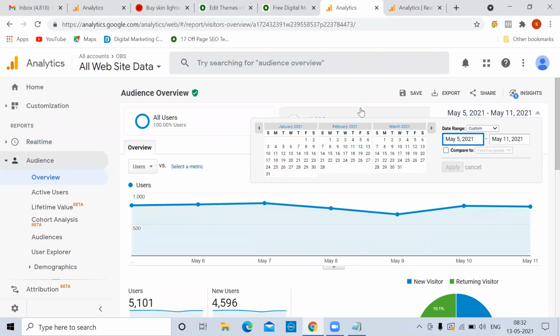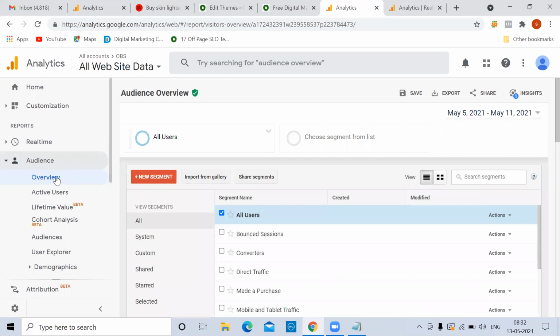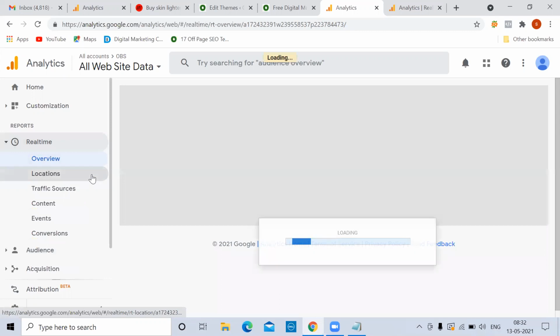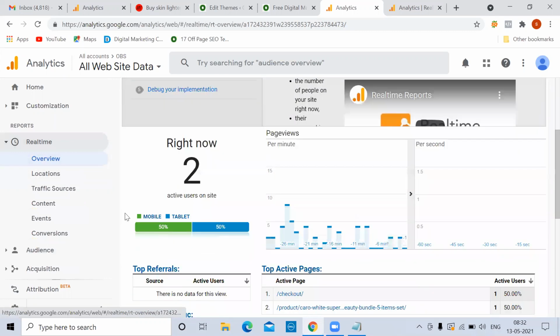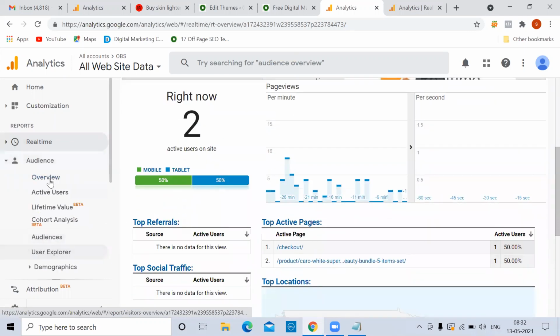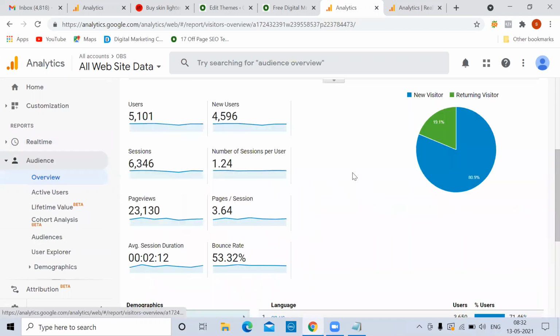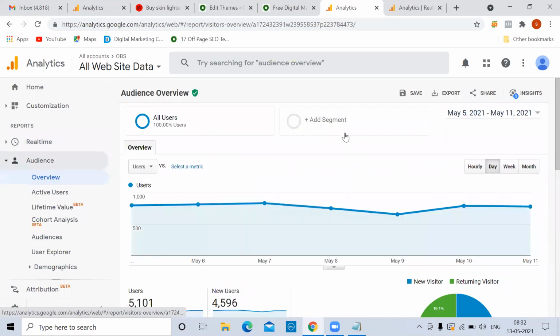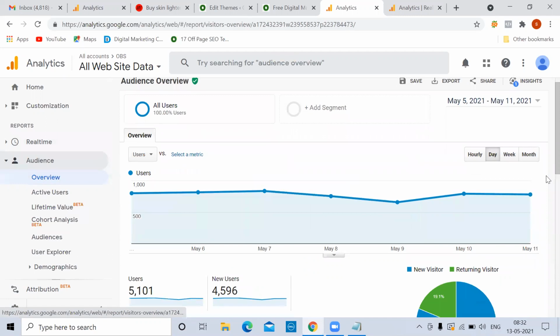By default it's a view like this. Okay, so last 1 week you can see